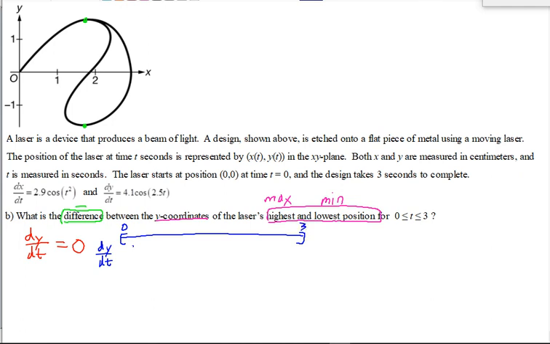And you can see it starts off being positive until some point A here where it's 0, then